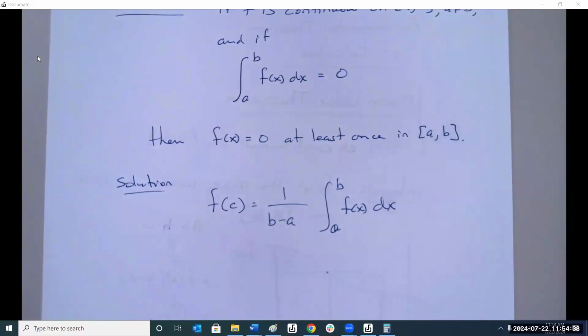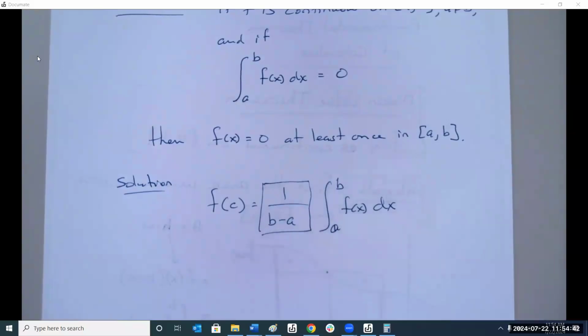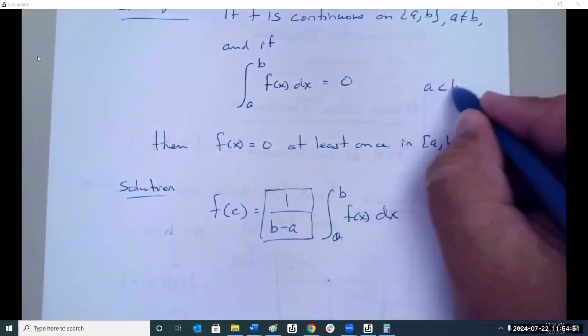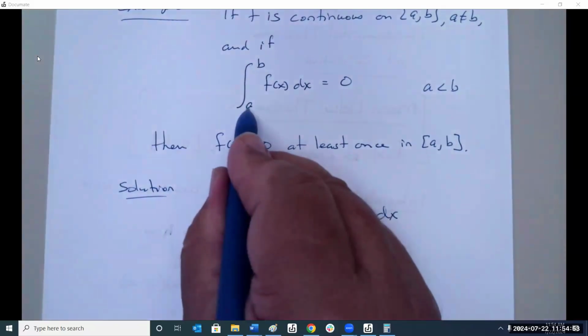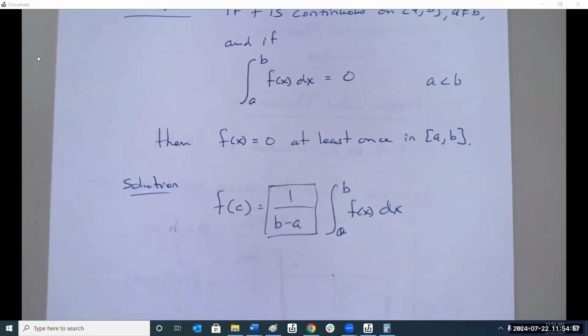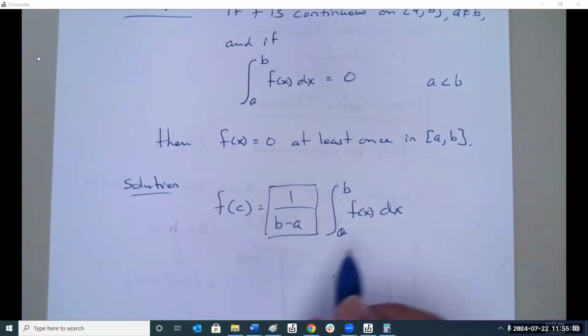And we know that A does not equal B. So therefore, this can never equal 0 because A and B are different. And because A is less than B, whatever's on the bottom is less than the top. So the only way that this function can equal 0